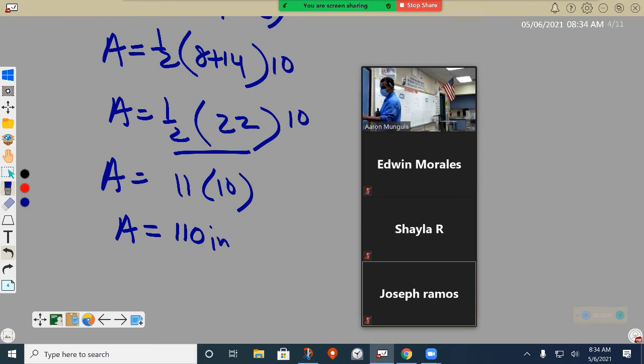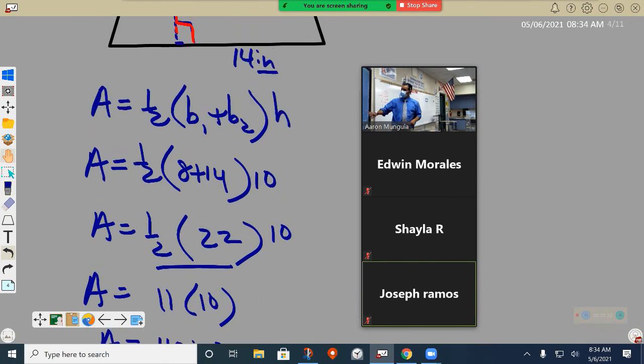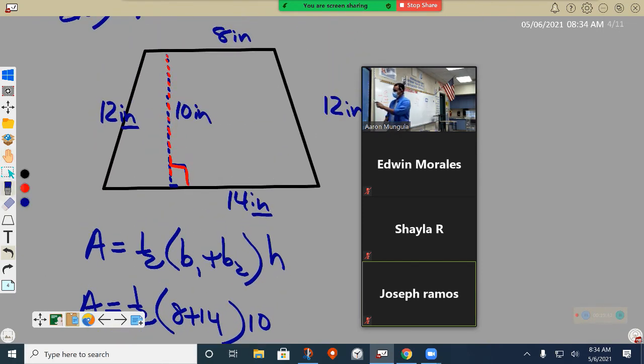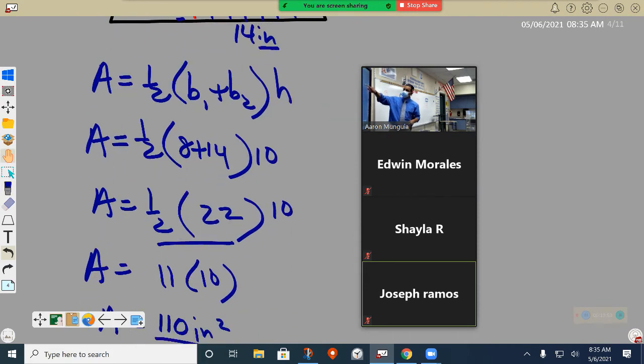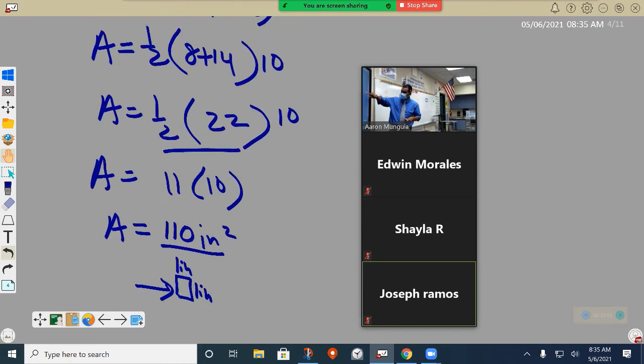Square inches. And what's a square inch? It's a square where every side's 1 inch. And what we're saying is, 110 of these squares would actually fill up the trapezoid. Imagine just filling this whole trapezoid up with squares, little squares that are 1 inch. What we're saying is 110 of those squares would fill up the trapezoid. Remember, the area is inside. That's what the area